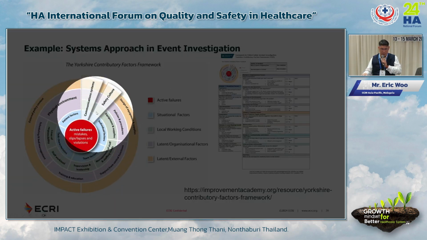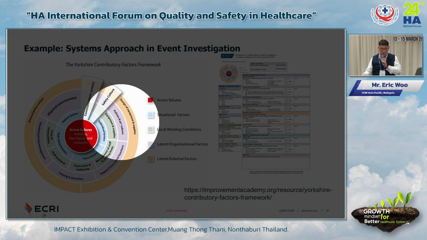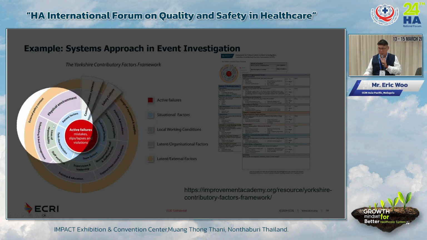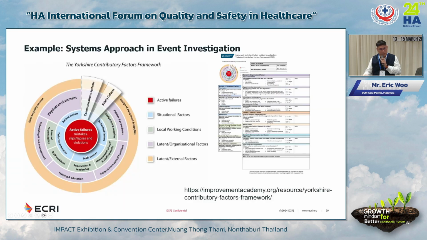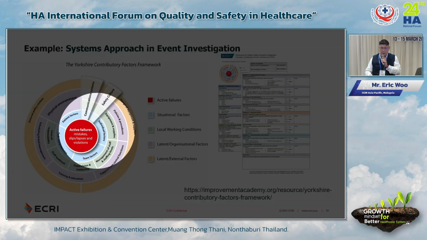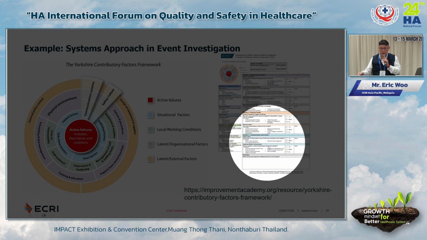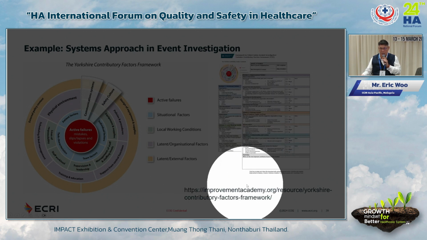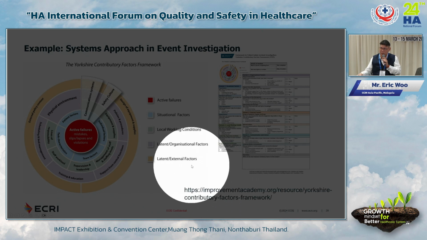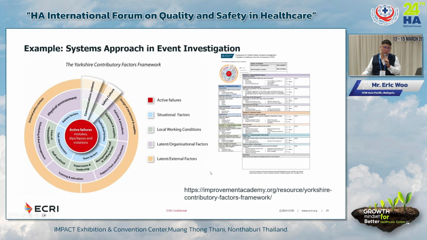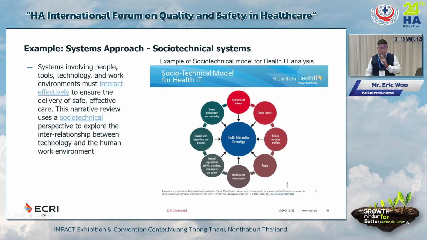Here is the active failure. What are the other areas that contributed to the active failure? It's a very comprehensive model that looks at every single thing that is happening in order to find the red dot. What has contributed to this active failure? There's a table of questions and investigations that you can use. You can find that information from this link if you want to learn more. This is one of the example models you can think about using for your RCA when you're working on it.